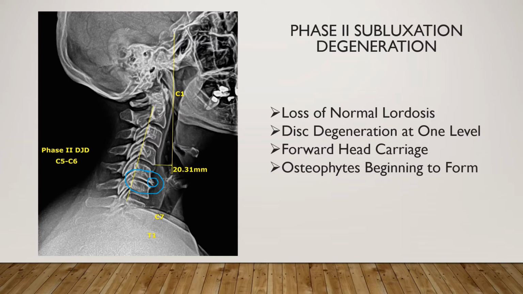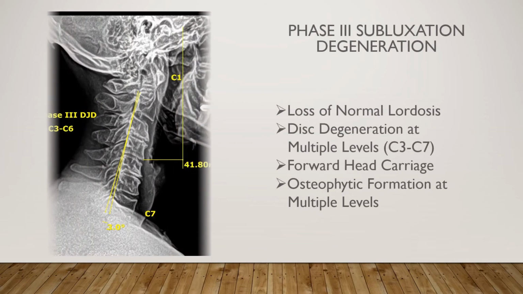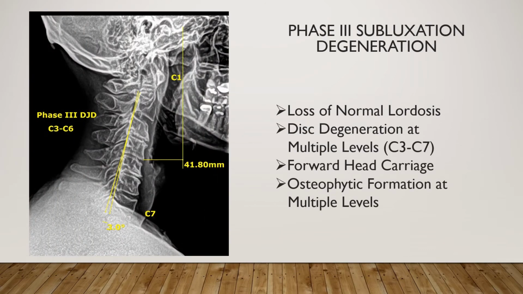If nothing is done to help this person, we will continue moving on. Another 5 or 10 years may pass by, and we'll eventually go to phase 3. Phase 3 now shows multiple regions of disc degeneration and arthritic change, which we can see throughout this whole region here. And again, if nothing is done here, it will continue to degenerate, and the final and most severe phase,